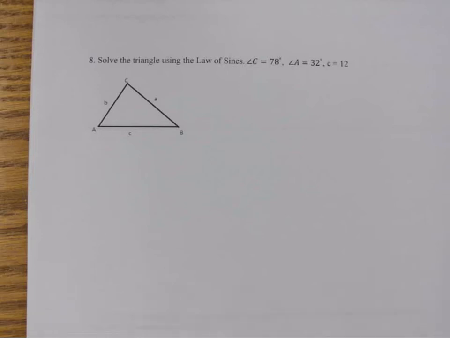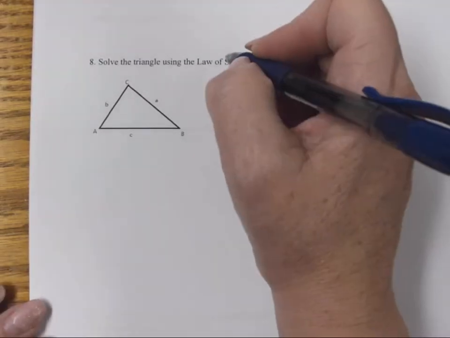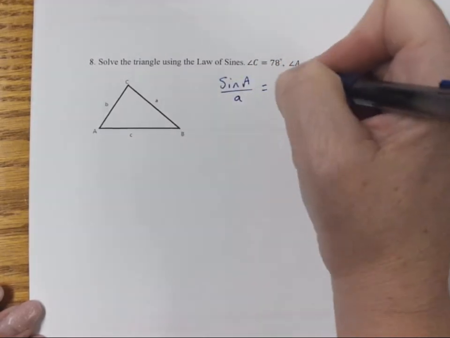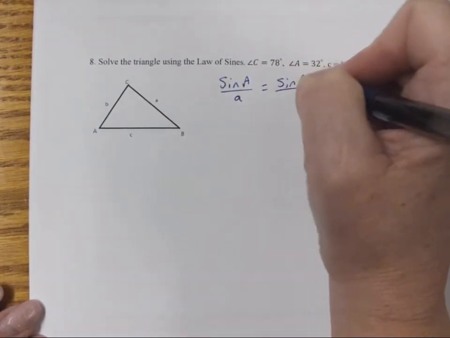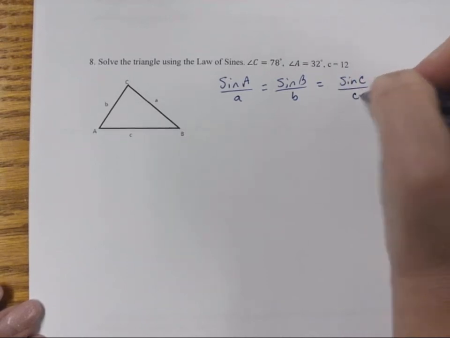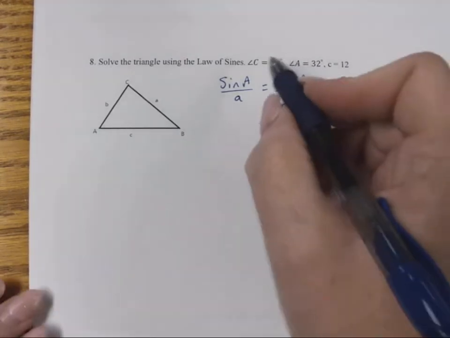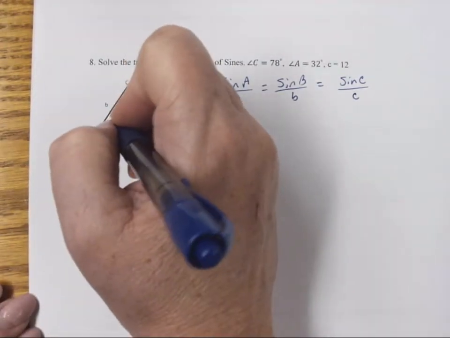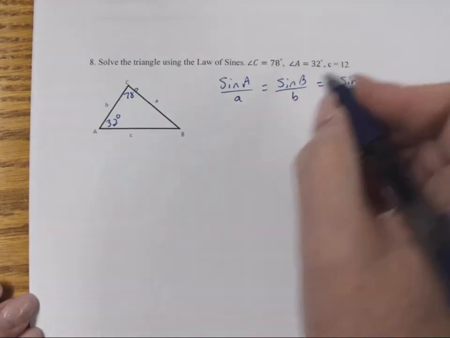On this problem here, we are solving our triangle using the law of sines. So we're given a few items and we need to figure out the rest. Remember that the law of sines is going to be the sine of angle A over little a equal to the sine of B over little b equal to the sine of C over little c. So we are given angle C, which is 78 degrees, angle A is 32 degrees, and side c is equal